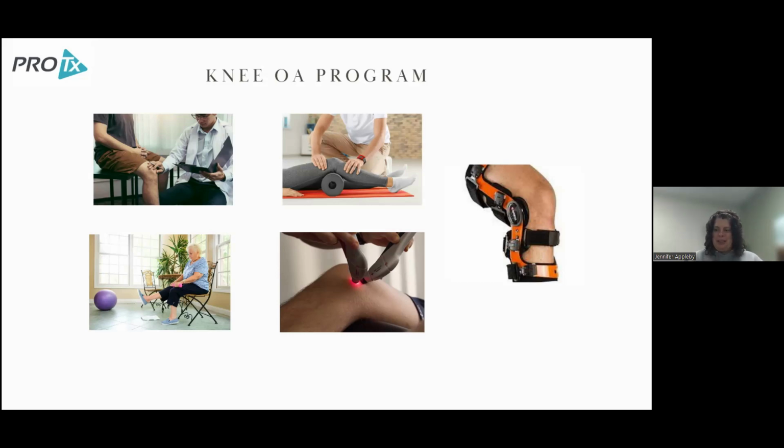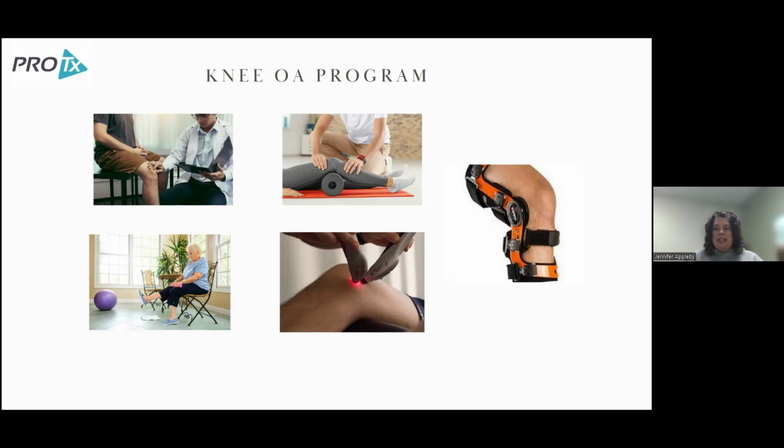So, for example, you can kick your knee out at 10 pounds versus 20 pounds on the other side. So you get a very clear picture of how strong or how weak those muscles in your legs are. From range of motion and strength, we move into more functional assessments. That can involve stair use, it can involve squats. We look at various things to help us get a clear picture of where you are at,